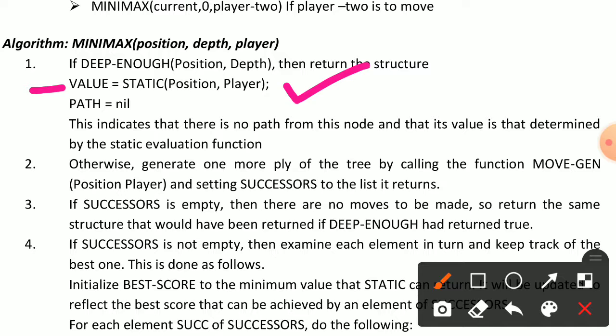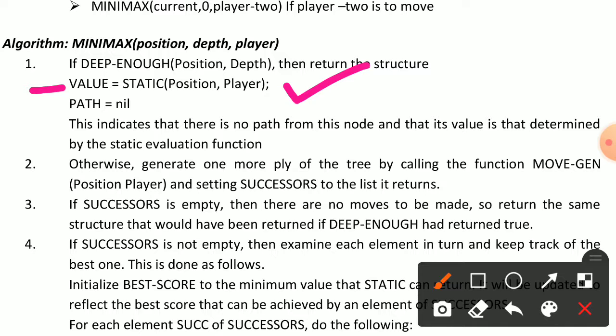We can use a directed graph. Here the graph is directed, meaning we can follow the arrow, okay, and then we can find the static evaluation function. So this is our first step.